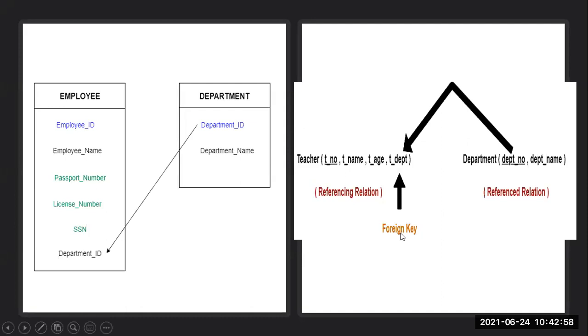Now the question may arise for you while creating the tables: which table do you have to create first, the primary key or the foreign key? Keep in your mind, listen carefully, when such cases come, primary key and foreign key, you have to create the table having the primary key first. I will repeat: you have to create the table having the primary key first. After that, if that primary key is going to be referred in another table, then you create the next table.